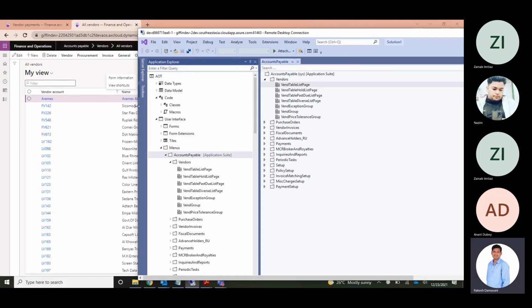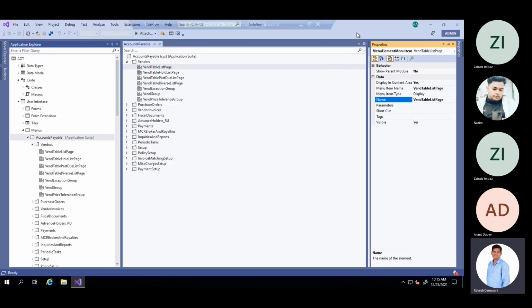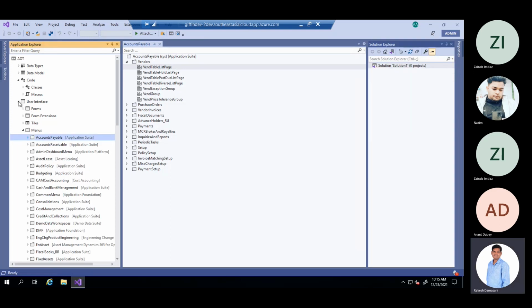anything to be changed on this particular form in the backend, we open the designer and we first have to identify what is that particular object. What is the type of that object? Here, the type is menu item type and it is of display. So how to identify this? How to identify this